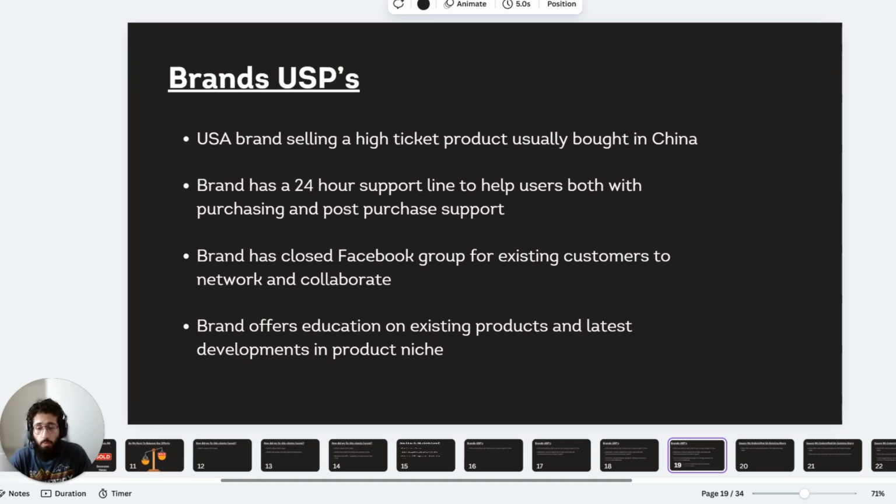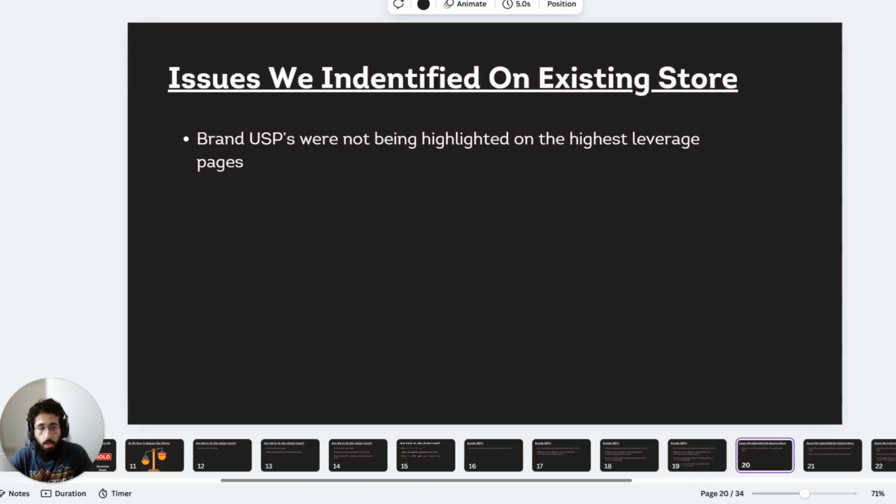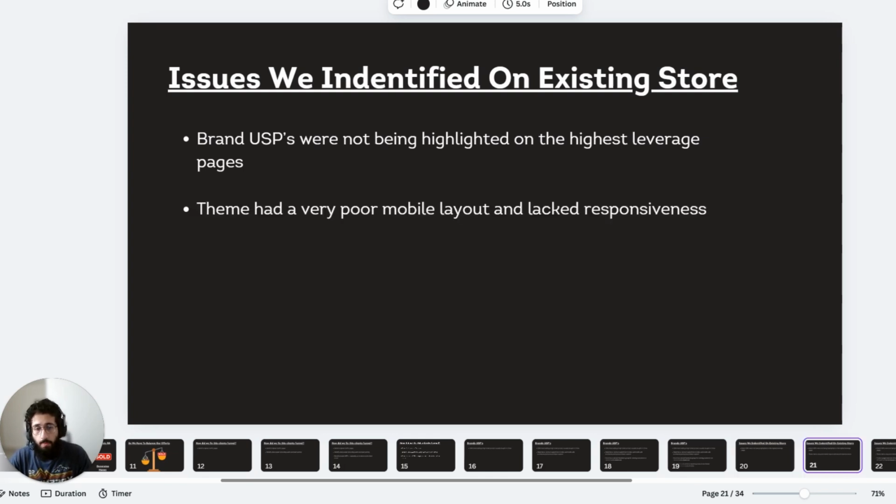So that increased the value proposition, which is quite useful. Now, in terms of the issues we identified on the existing store, the brand USPs were not being highlighted on the highest leverage pages. Those are the highest traffic pages, and for this brand, it was the homepage and the product page. The theme also had a very poor mobile layout and lacked responsiveness, so that just means